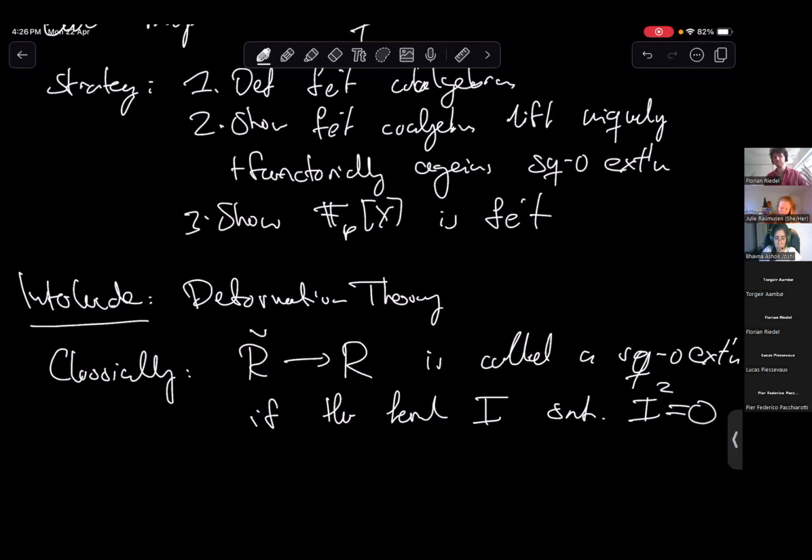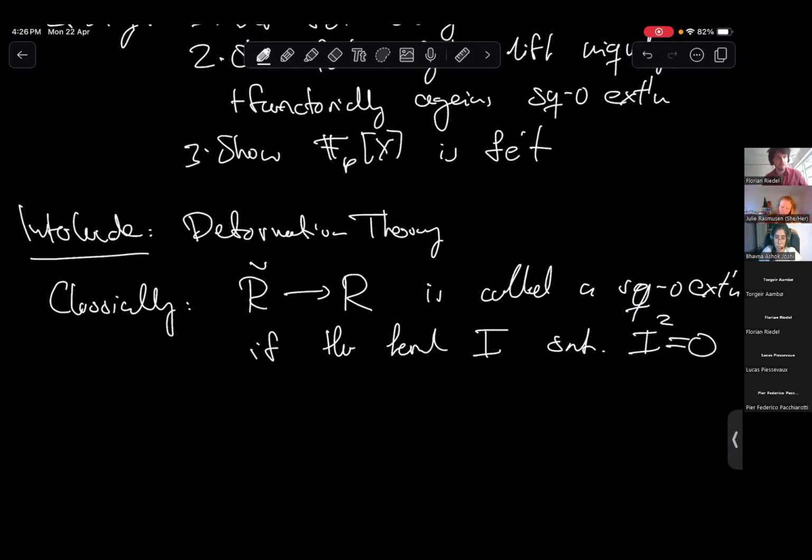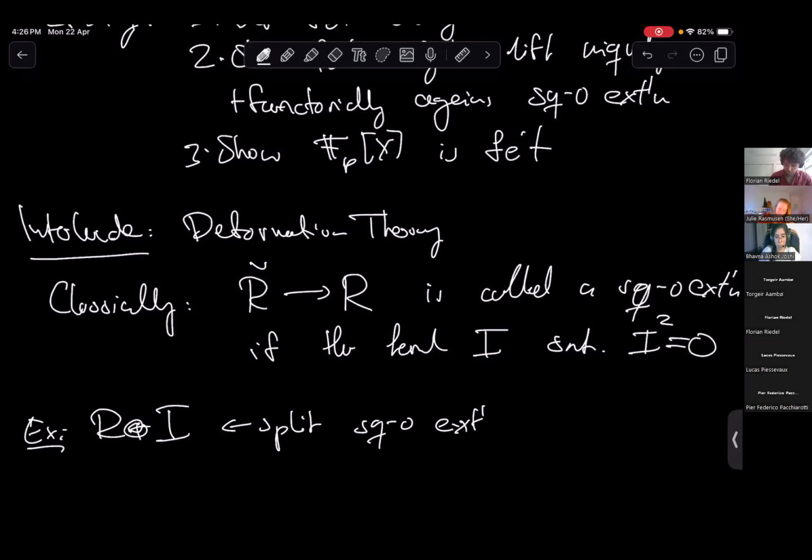But this is certainly not coherent enough to cover this Pasnikov tower, right? The crucial insight is that the Pasnikov tower is actually composed of square zero extensions in higher algebra land, but in cowardly old algebra, this is all you need to say. And the classic examples include the split square zero extension, where you just take the direct sum and you write down the formula for multiplying that makes it square zero.